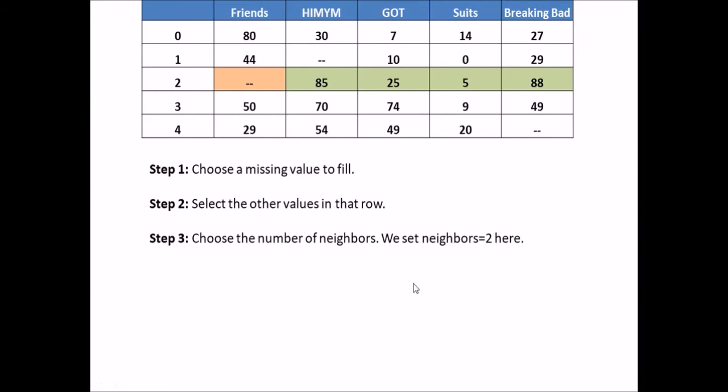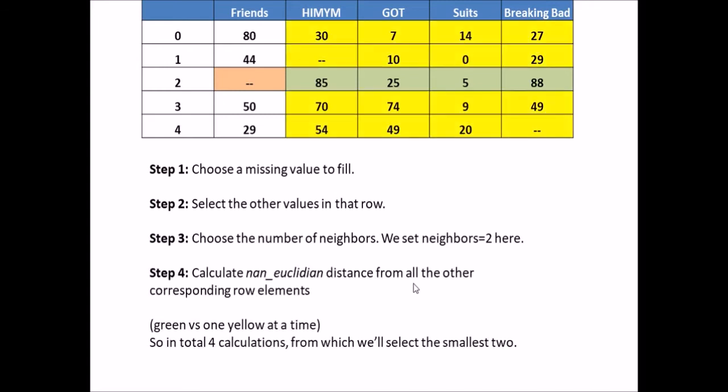We can select from minimum one neighbor to maximum as many neighbors as we want. But it wouldn't make sense to select, for example, 100 neighbors, because if I am sitting here in Mumbai, it wouldn't make much sense for me to check my preferences with a person who is living in Delhi, for example, who is living thousands of kilometers away. Okay, so number of neighbors should be around 5 to 10 or 15 maximum. So we have set the neighbors as 2 here.